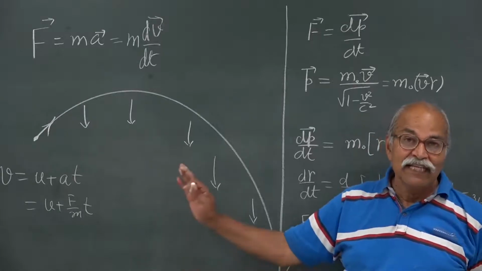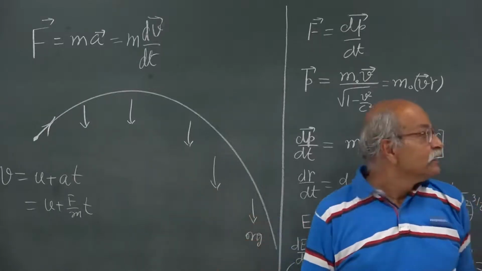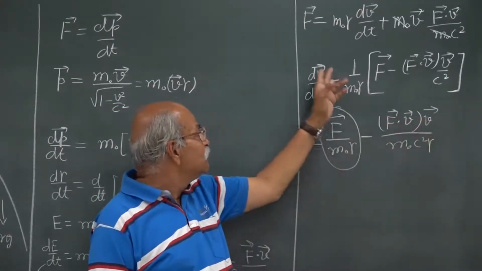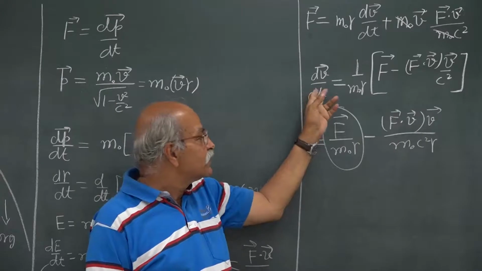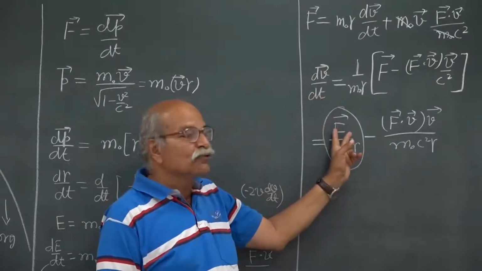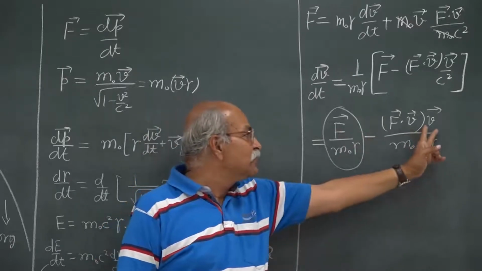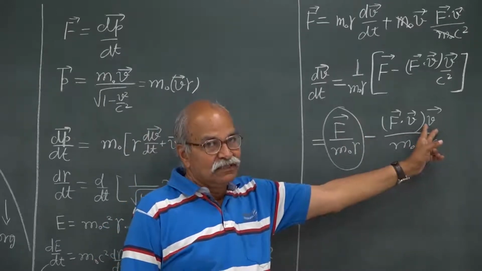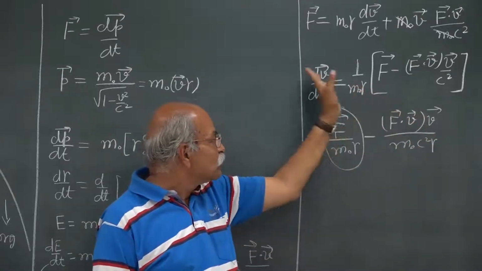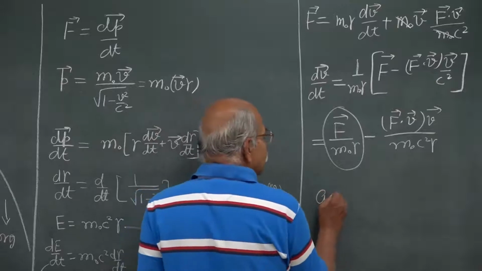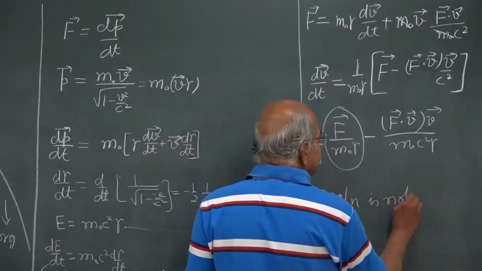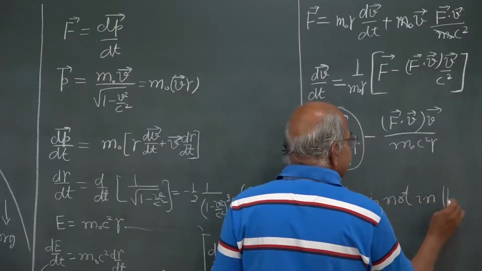In Newtonian mechanics, F and a are parallel to each other. So if you have v here and you have dv/dt here, that means acceleration is not necessarily in the direction of force, because this v may not be in the direction of force. So you do have a component, and from here also you can get a component, but not necessarily. So the first thing we learn is that acceleration is not in the direction of force in general.